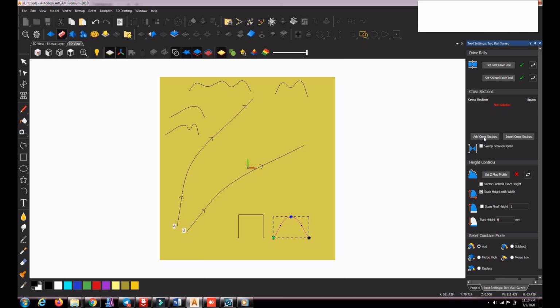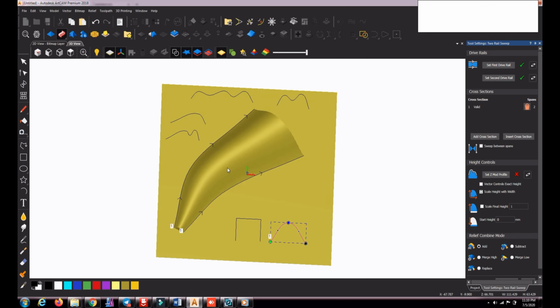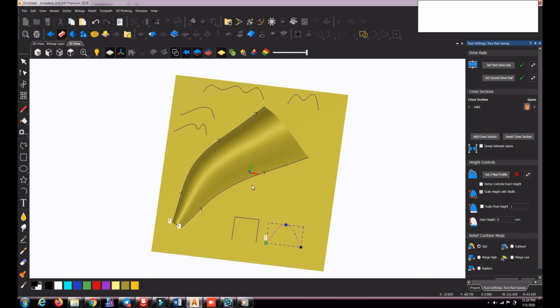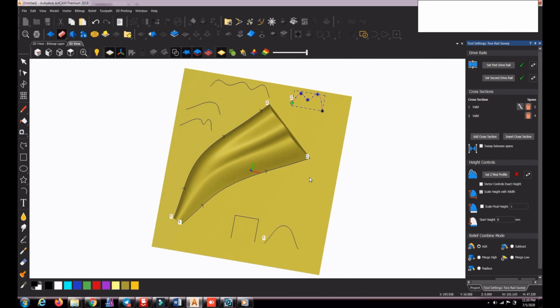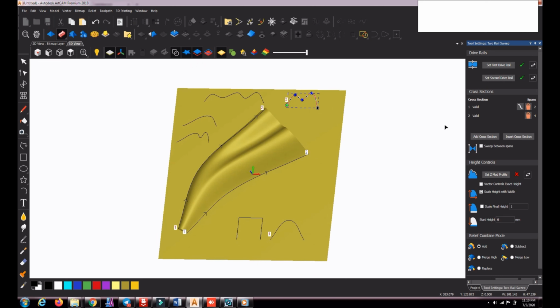That's the first cross section that is added. So throughout it will be the same. Only one means throughout will be the same cross section. If you want a separate cross section at the end, I am taking this as the last point cross section, then I will add it. So 2 times we will use the add cross section command.